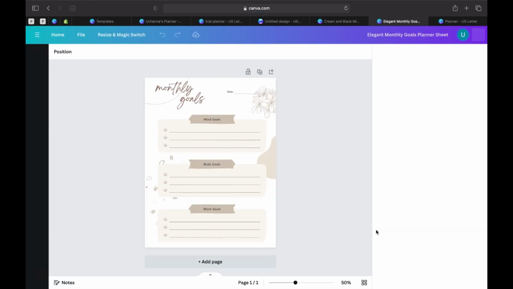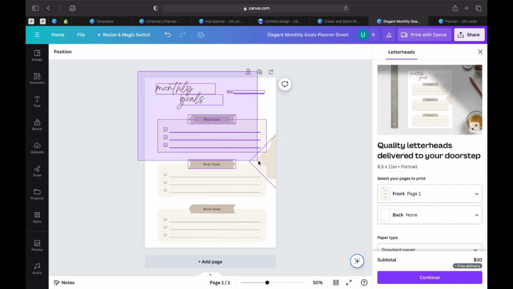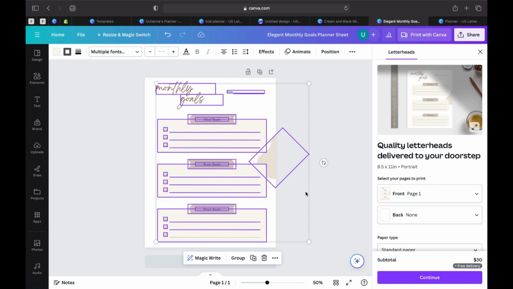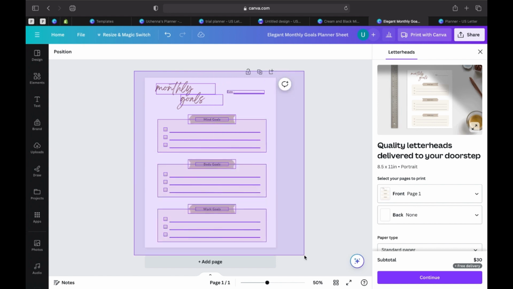If you want to create your own, you can, because I did create some of my own templates for this planner, but not for the monthly goals. For the monthly goals, I just used the already built template, right? But you delete some of the elements that you feel like you may not need. So I deleted all the elements I don't need. Oh, I don't need this right here either, so let me unselect. I don't need this, so delete that. But I want everything else. So just